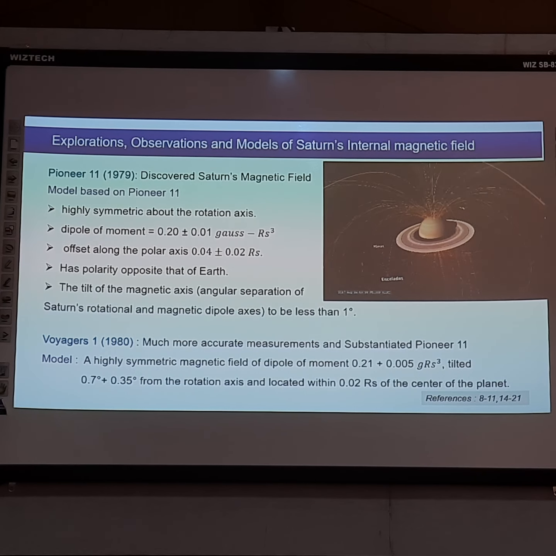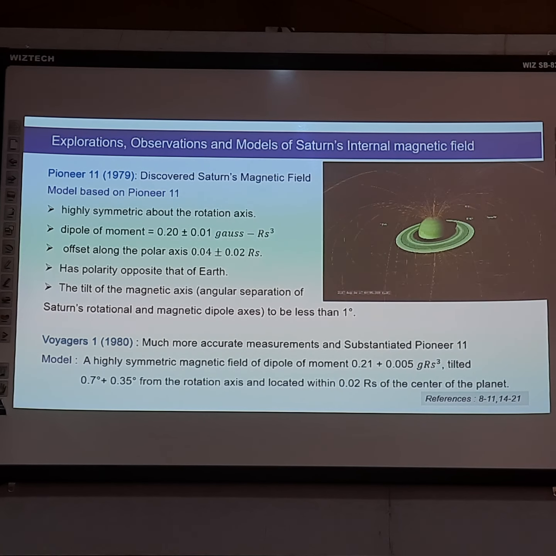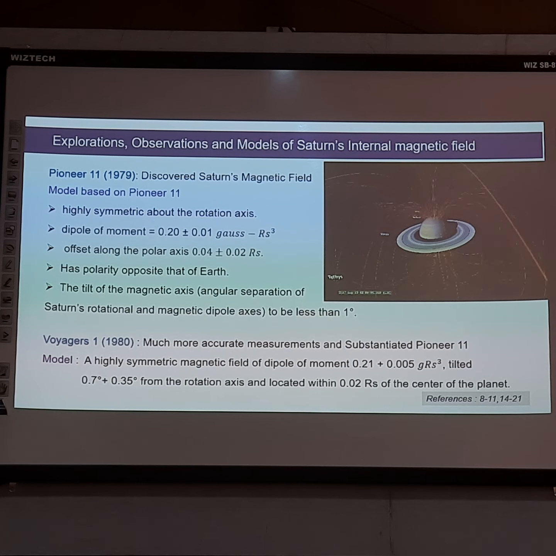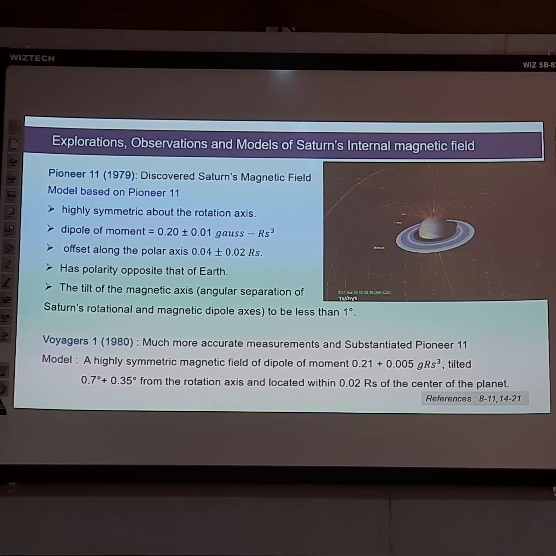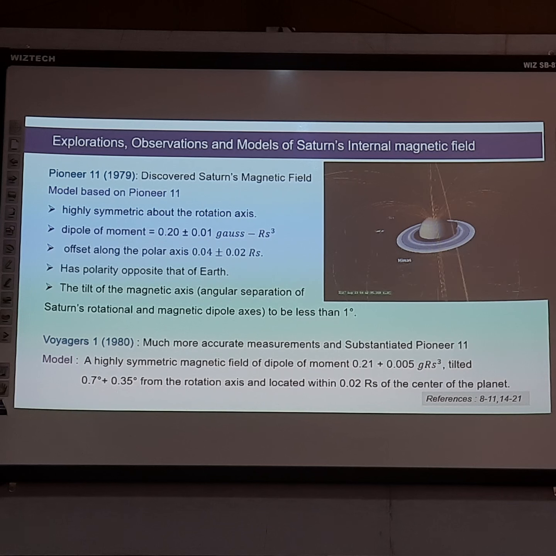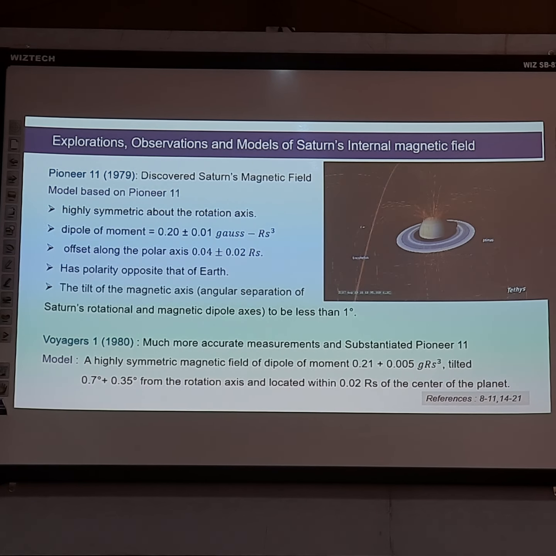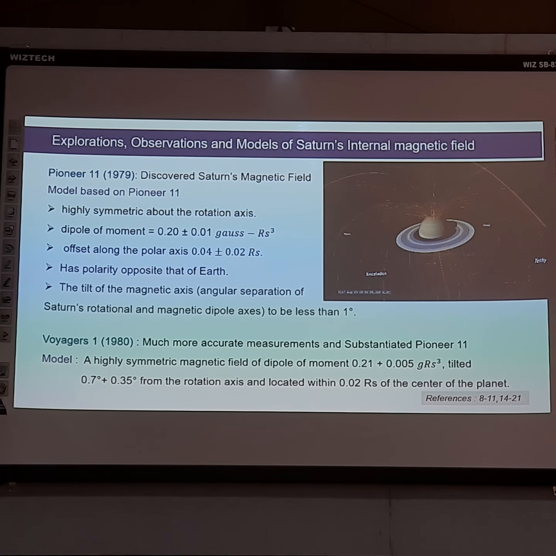The exploration and observation of models of Saturn's internal magnetic field started when this magnetic field was discovered by Pioneer 11 in 1979. Of course, discovered in the sense that it detected it, but just detecting a magnetic field does not mean that we exactly know how it is. Is it a dipole? Is it a quadrupole? So we need to analyze those data and then come up with a model. Based on those models,